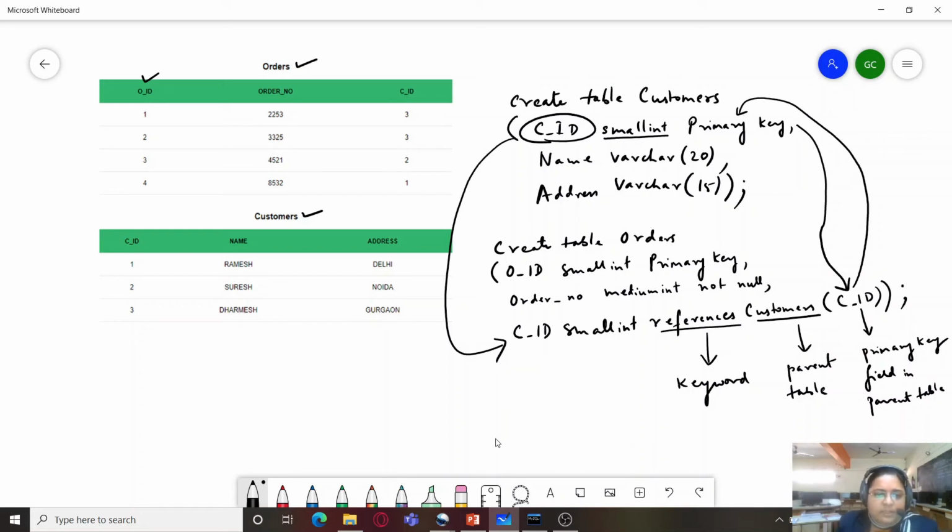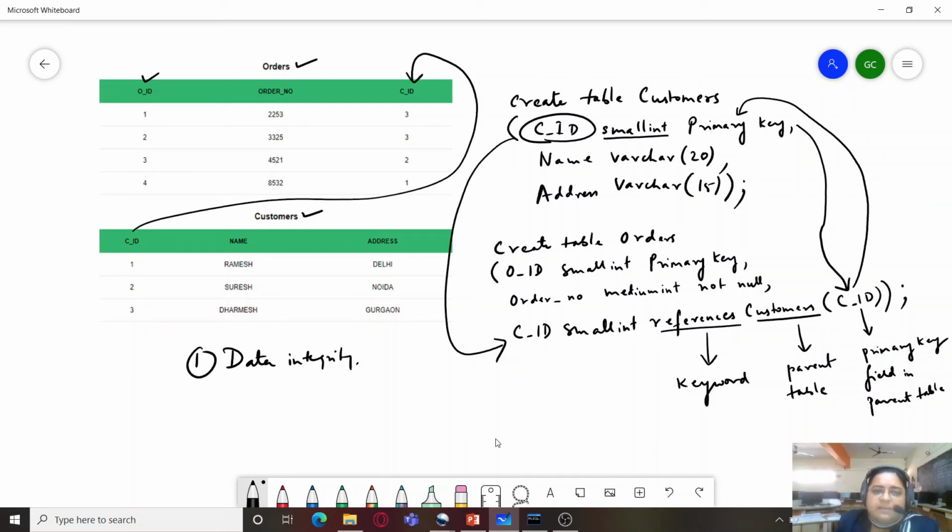Now what are the limitations which are associated with the foreign key? First is data integrity. If CID has been specified as the foreign key within the orders table, then it becomes imperative that the orders table can use only those values of customer ID which exist in the customers table.